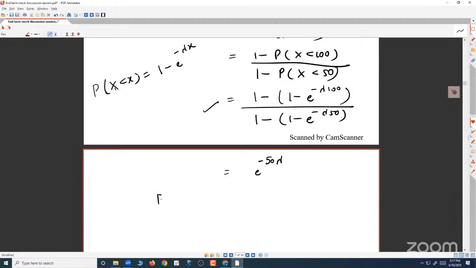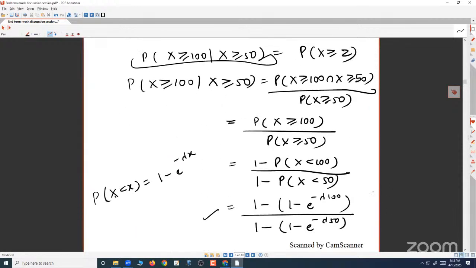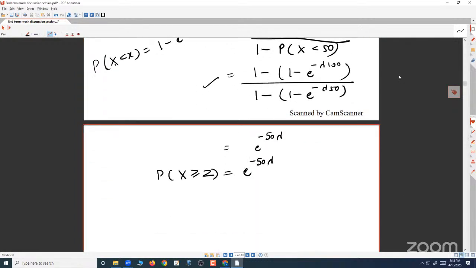Okay. Now the right-hand side, the probability that X is greater than or equal to z. I can write this as what? This is basically equal to e raised to the power minus 50 lambda, if you go according to this equation. Okay. Now I can write this as